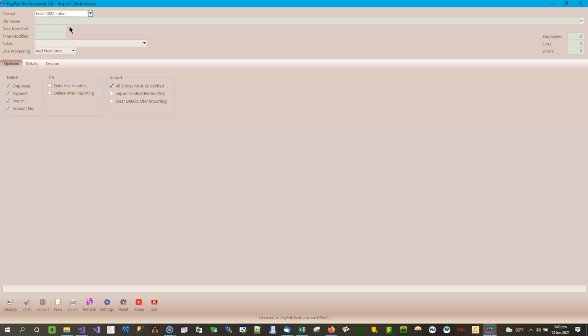Now this screen will require an import file which contains deduction entries. This file would typically be created from PayPak using the Export Deductions screen. You fill out the entries and then you import it. It's much quicker than having to